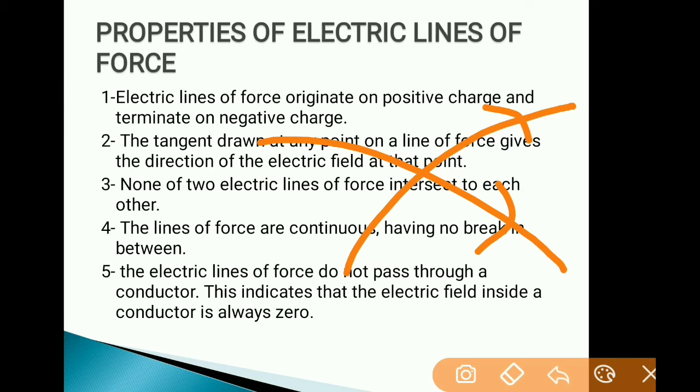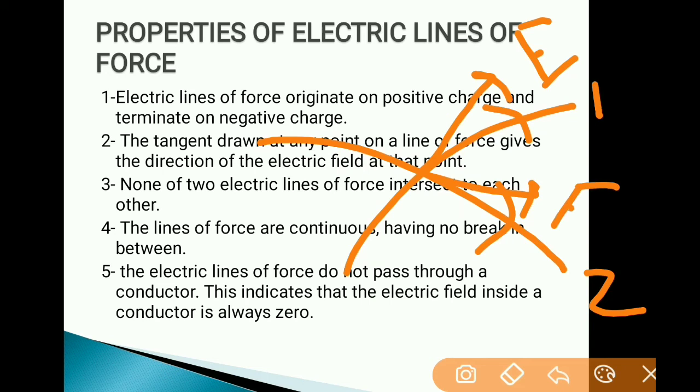Now suppose your aim is to find the electric field direction at this point. So what is the procedure? You have to draw the tangent. At the intersection point, if you draw the tangent on the electric line of force, what is the direction? This is the tangent drawn on the first line of force, and this is the second line of force. And you can draw another tangent at the same point on the second line of force in this direction. So this is also an electric field direction.